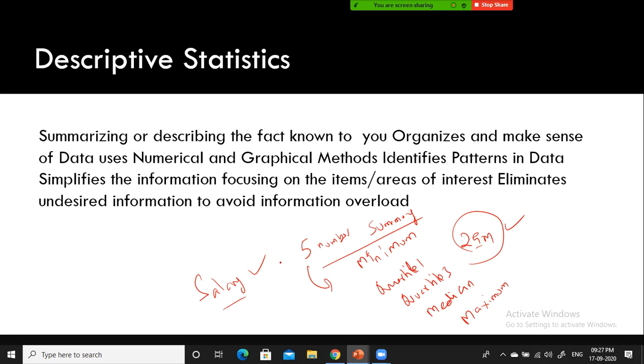So with a single quantitative variable, it is a numerical variable. That's the reason why I said quantitative variable. With this single variable, you can give 5 values, right? 5-number summary. Some people give mean also along with this. This is the conventional way of saying it, but nowadays with statistical software we can give 6-number summary also, quartile 1, quartile 3, even median also it displays in Python and other languages.